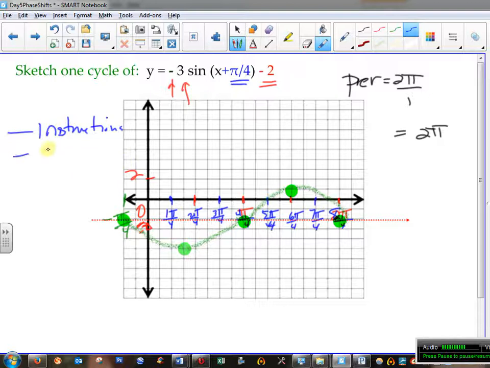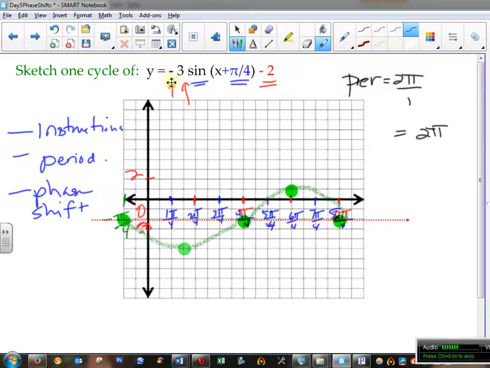Then you'll have to calculate the period, most likely, and then you want to consider the phase shift. If there is a phase shift, you want to pay attention to that so that you can set up all the little fractions in between and make that phase shifting easy for you. Once you do that, when you go to start plotting points, you have to consider,